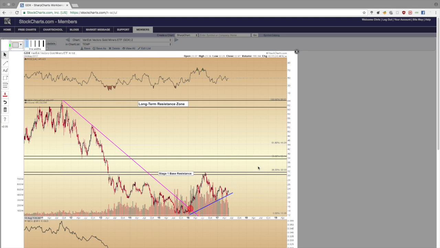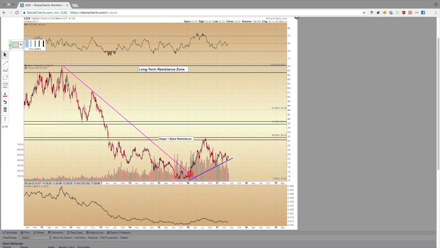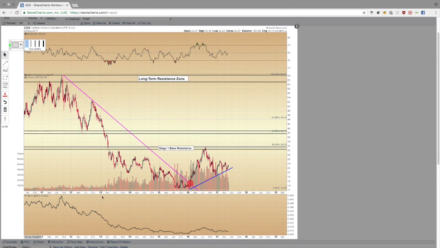What else is important to pay attention to here? Let's look at the bottom of the chart now. As I said before, at the bottom of the chart, we are looking at the GDX versus the S&P 500. So we're looking at the gold mining sector versus the rest of the stock market. And we could do similar things. We can draw trend lines here, right?